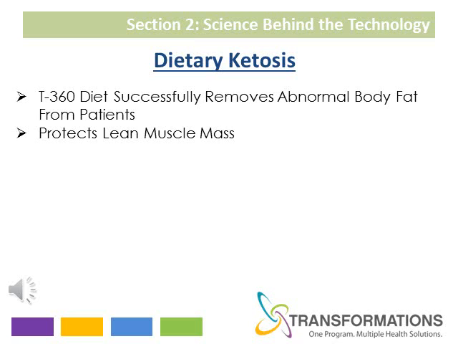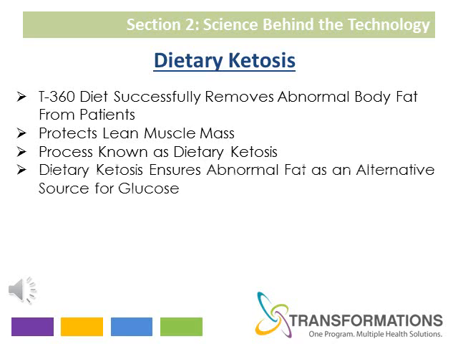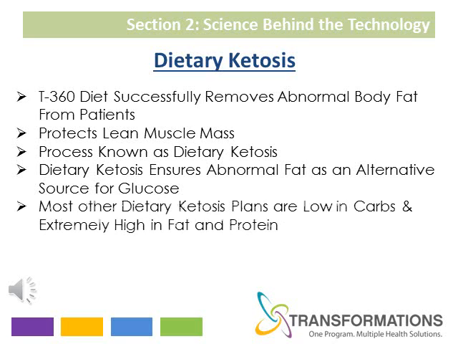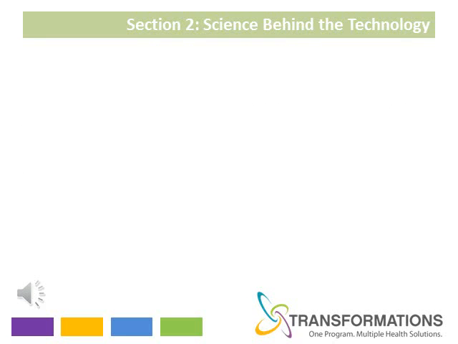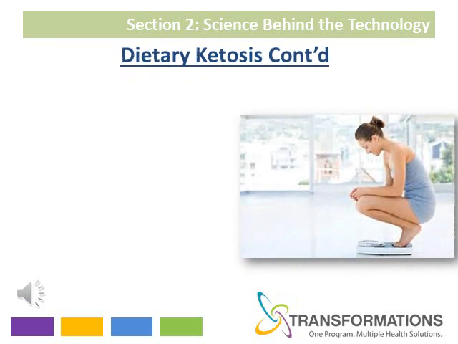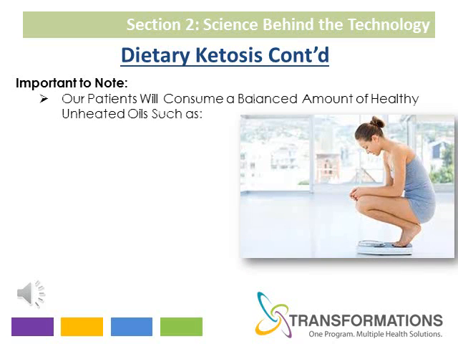This process, commonly known as dietary ketosis. Dietary ketosis, when used properly, ensures abnormal fat is used as an alternative source for glucose. Most other dietary ketosis plans are very low in carbohydrates and extremely high in fat and protein. Our patients will consume a balanced amount of healthy, unheated oils such as fish oils and extra virgin olive oil,